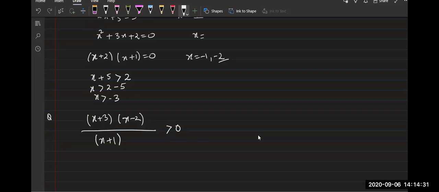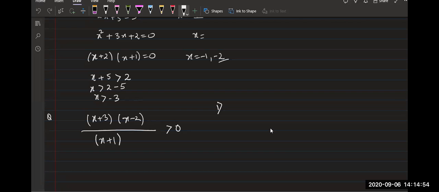Okay. So that's the thing, right? We will not transpose anything. We will not make x plus 3 into x minus 2 greater than 0. That would be a mistake, right? So the first thing that you should do, because you have to find the sign,